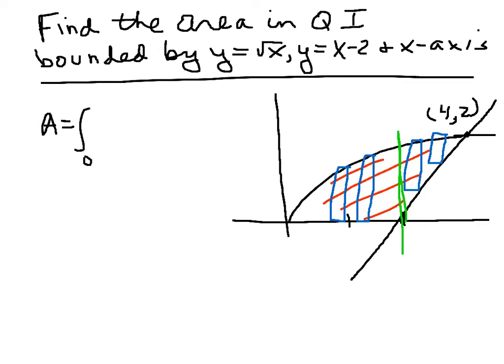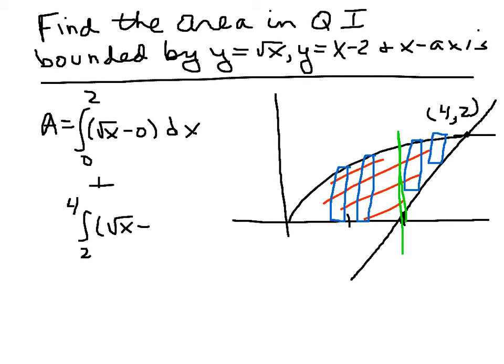So therefore, what we have for our expression for the area is two integrals. First, we're going to go from 0 to 2, and then we're going to go from 2 to 4. And from 0 to 2, it's top minus bottom. So just to emphasize it, I'll write that as the square root of x minus 0, because this is the bottom line, which is the x-axis, dx, and then from 2 to 4, it's top minus bottom, x minus 2